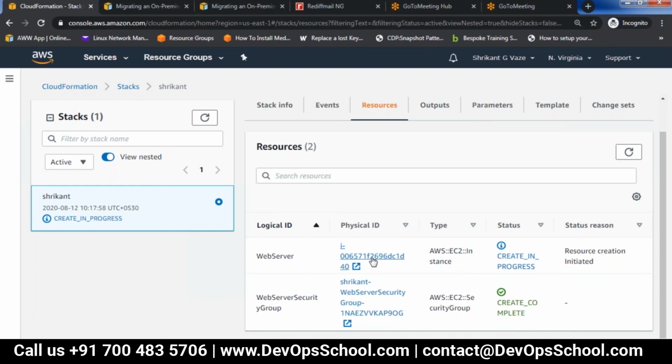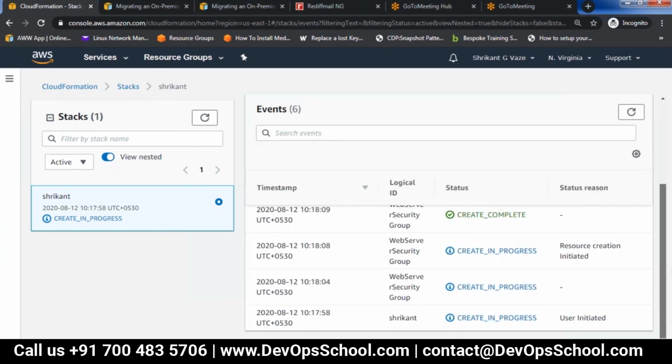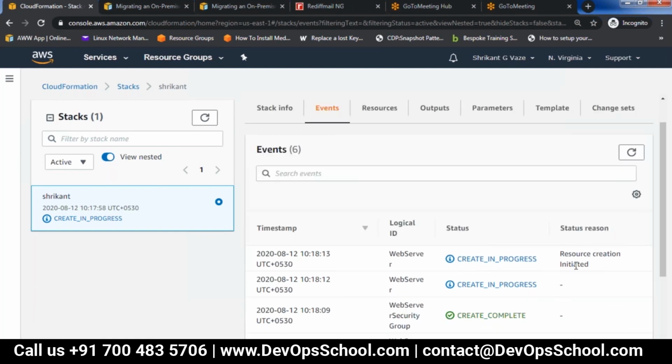Now one EC2 instance is in the process of creation, and this is the instance ID, which is the physical ID, which will get mapped to this logical ID mentioned in the template, WebServer, right? If you go to events, it will show you what events are happening. So WebServer, this got created. It will take some time.